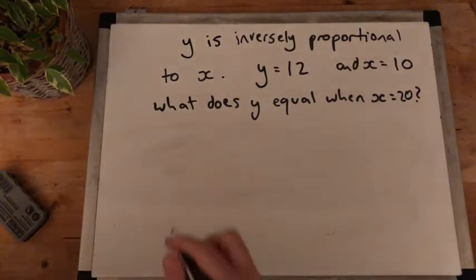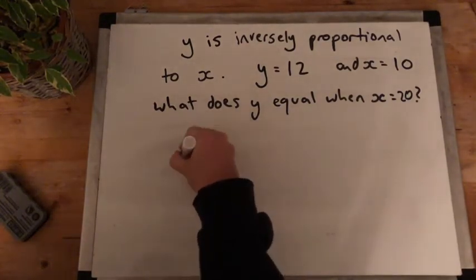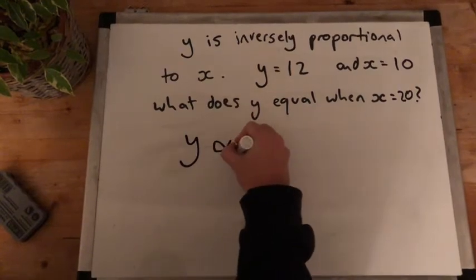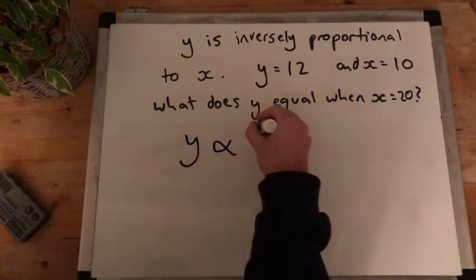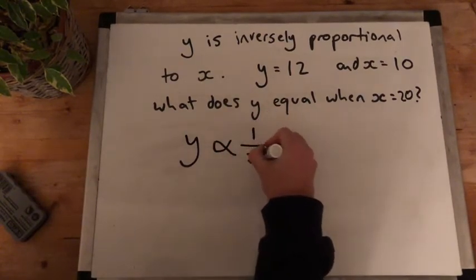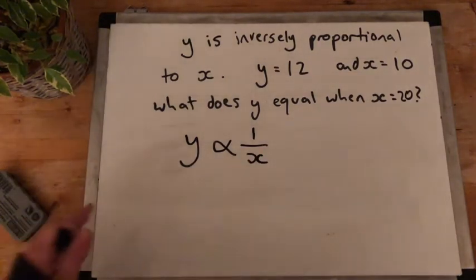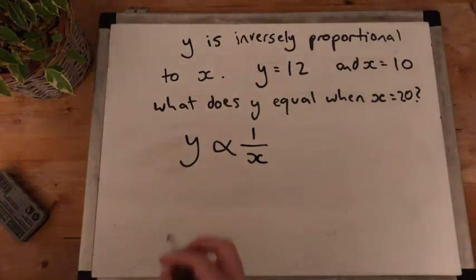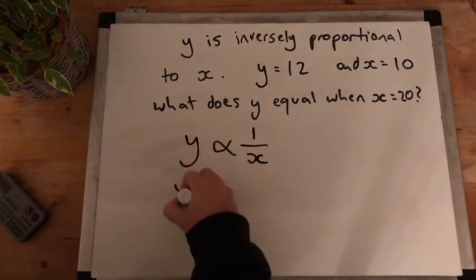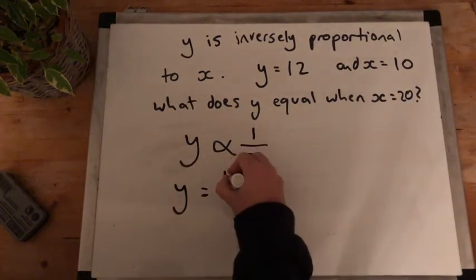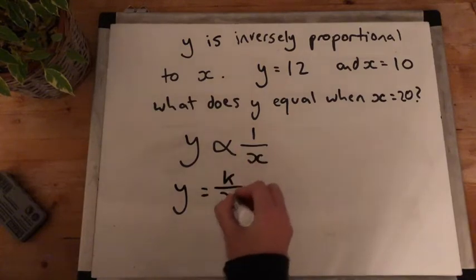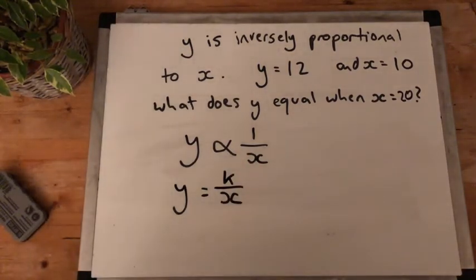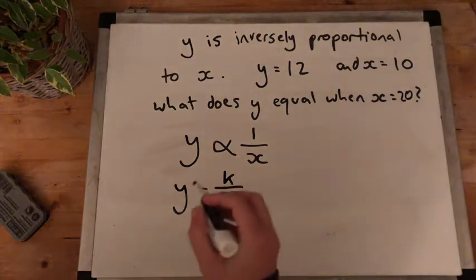So y is inversely proportional to x. We do the same thing. Y proportional, and we do 1 over x. That's the big difference. Y inversely proportional, 1 over x. Y equals k on top x, and now we just do exactly the same as we've been doing. We substitute it in. 12